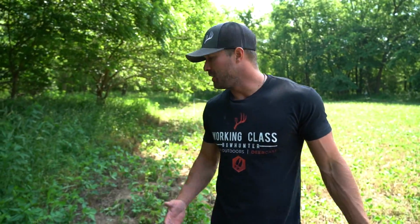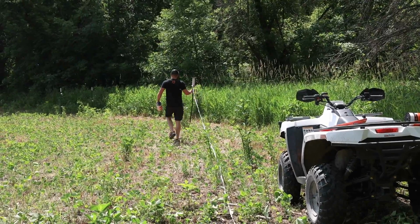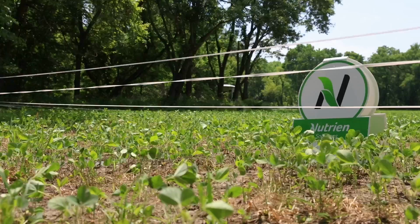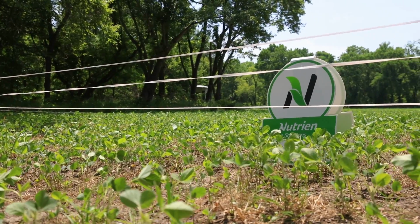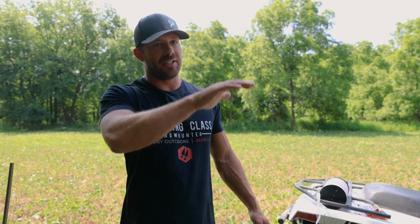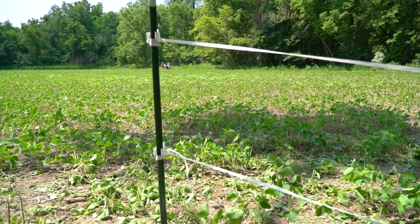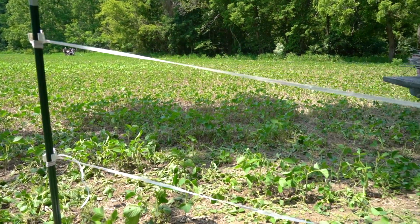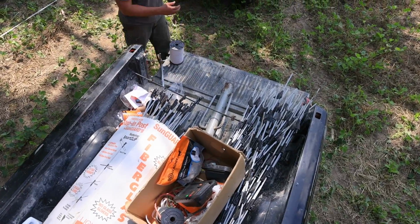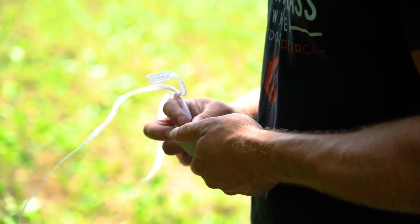Another little tip that we've learned is our spacing. We usually space our wires out 3 foot from inside to outside, and then we do 18-inch gaps. Seems to work the best. We do 2 on the inside, 1 on the outside, like I said, at 18 inches, and then that middle wire right there in the middle between 18 and 36 inches. It works, not 100%, but it definitely allows the beans to get up and keep most of the deer out